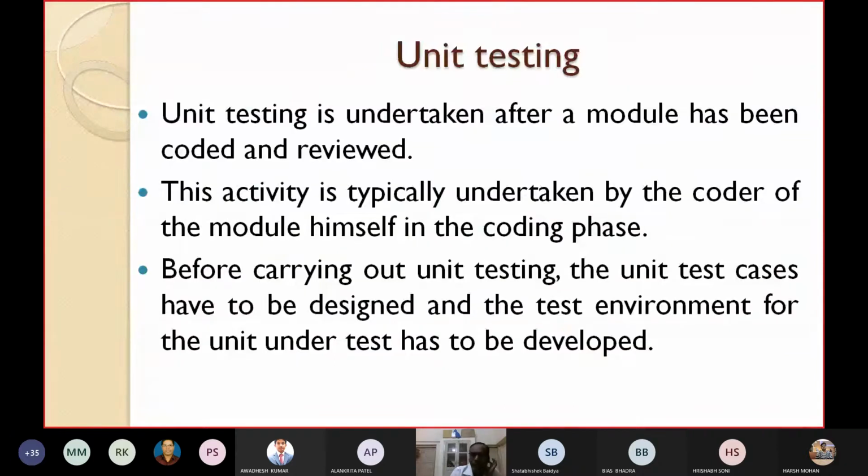So today is about unit validation testing. That's why I want to give a little bit of idea on unit testing, and then we'll see a little bit of the fundamentals of verification and validation. Then we'll go for unit validation testing.